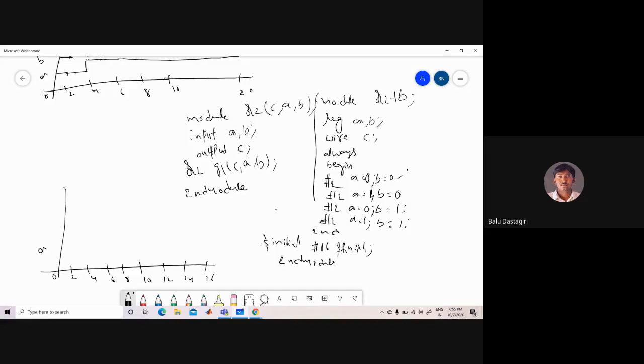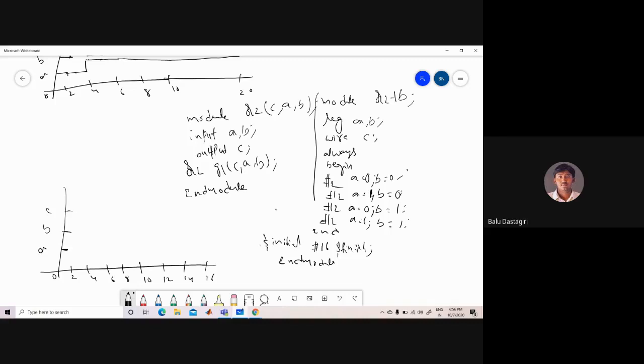So from 0 to 2, the value of A is unknown and the value of B is also unknown. Why? Because I have assigned A equal to 0 and B equal to 0 with a delay of 2 time units. So C is also undefined from 0 to 2.